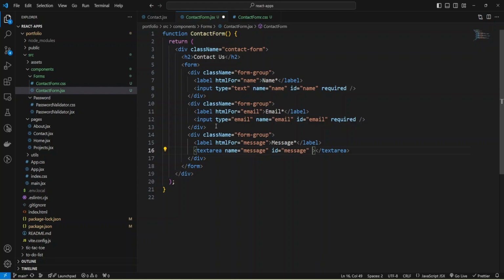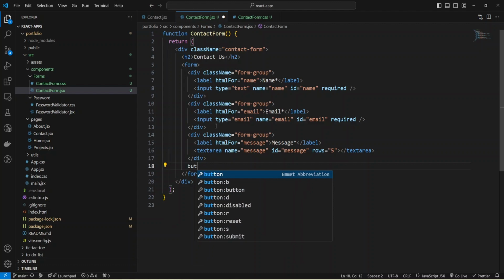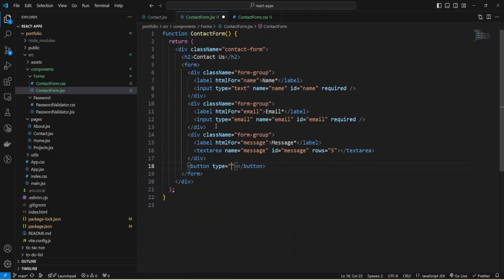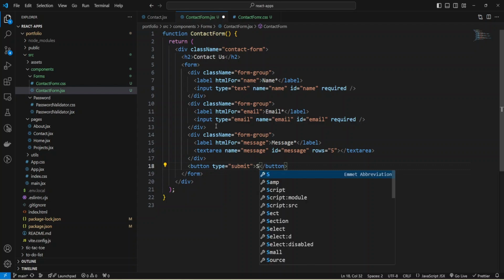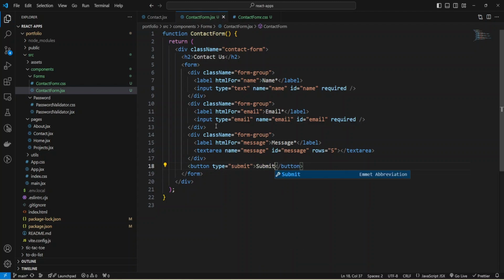And I can add rows 5, and also I need a button inside my form, and the button will be type submit, and add the text Submit. Okay, now I can export my ContactForm as default